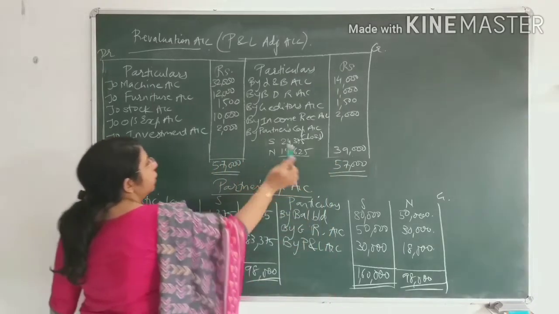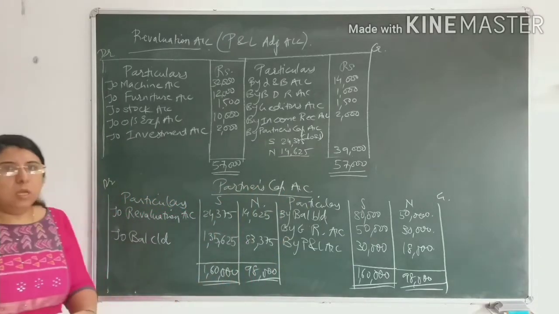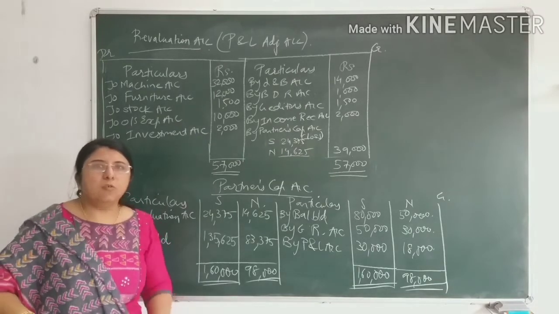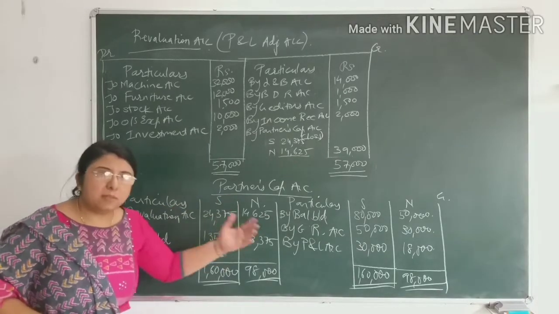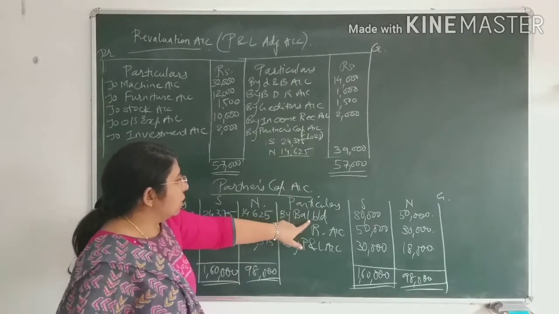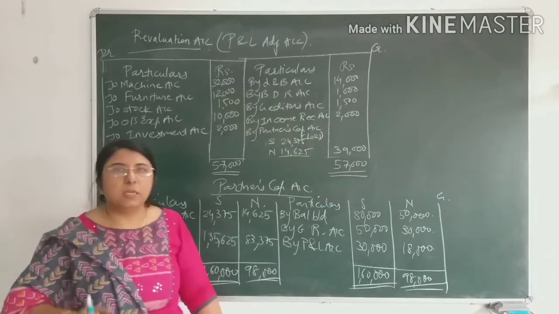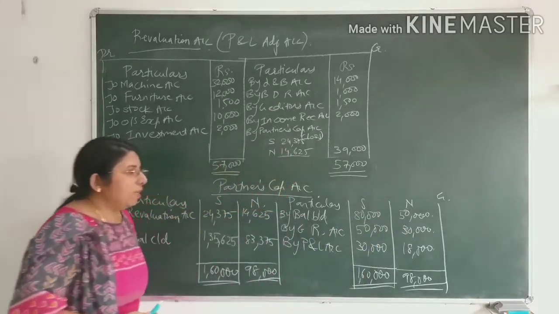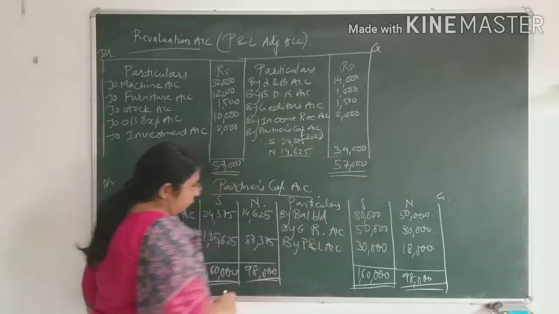Now after completion of the revaluation account, we prepare the next account, that is the partners capital account. In practice, you don't need to prepare the partners capital account if very few entries are there, but for the first time I am explaining it by preparing it separately. The first entry in the partners capital account is by balance brought down. That is already given in your question in the balance sheet, the capital balance of Sajan, that is 80,000, and of Nirmi, that is rupees 50,000. So the first entry would be by balance brought down 80,000 and 50,000.